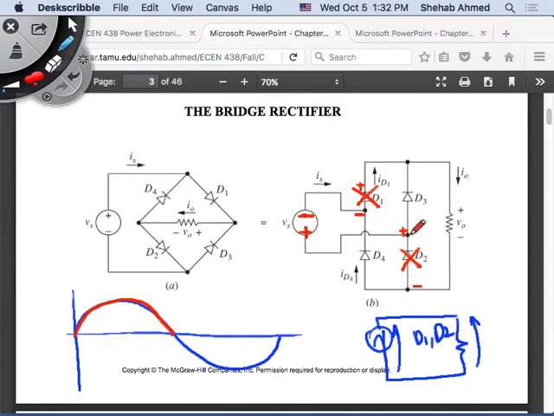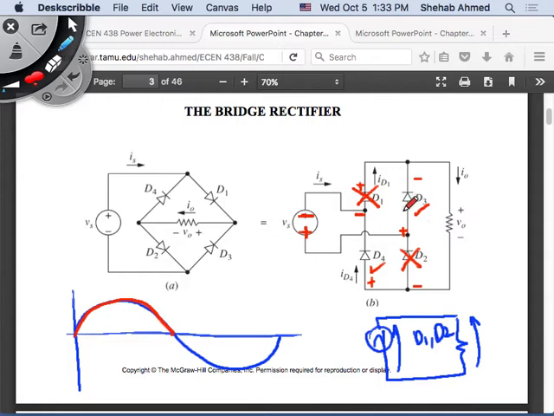This is the most positive potential in the circuit. Definitely here will be something less positive. So this can conduct. How about here? This is the most negative potential in the circuit. Here, definitely this would be more positive. So this can conduct. So now in the negative half cycle, as soon as I have the negative half cycle,